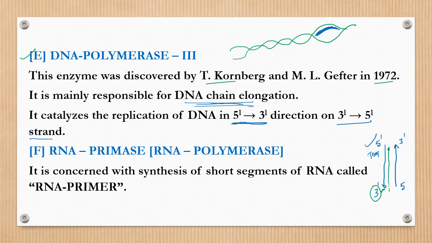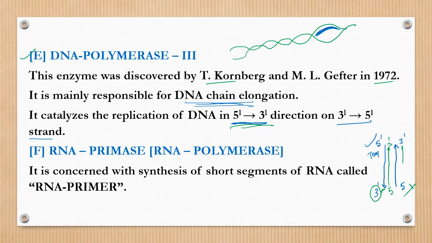Anti-parallel. Then the newly formed DNA is always in the 5 to 3 direction. Suppose you take this one, this is also the same. It does not start from here. Again, it starts from here. That means the 3 end is there. On this, the newly synthesized DNA initiates at the 3 end